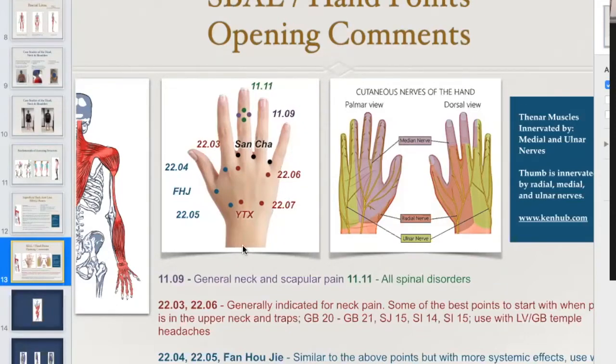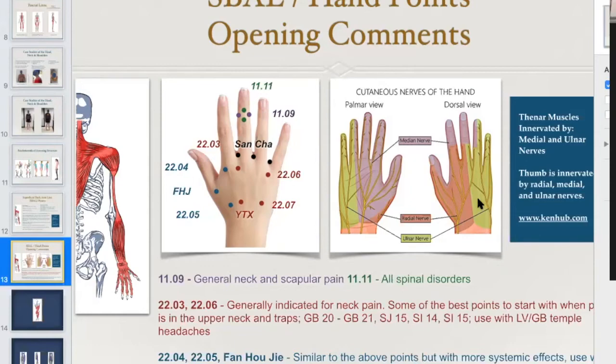Okay, but all of these points, taking this back to the myofascial lines, are on this same area. So they do work in a very similar way because they're all on the superficial back arm line. Okay, so you can get a similar result with them. And this is why they have essentially very similar indications. They're used for neck pain, back pain, shoulder pain, scapular pain, spinal disorders. Now, where do some of the differences exist and why are there some differences? Well, part of the reason is that different points are also going to work on different nerves,